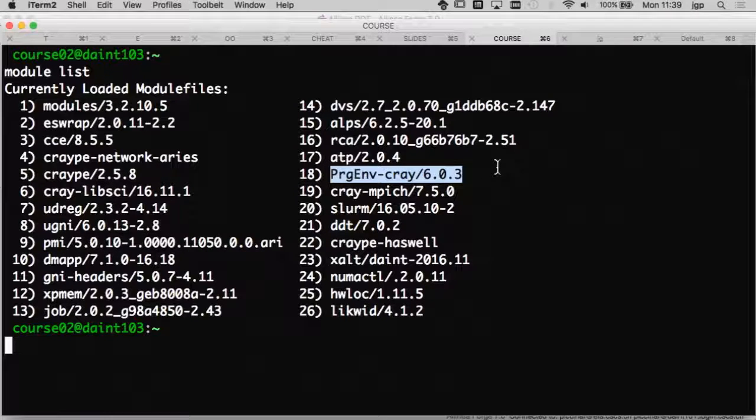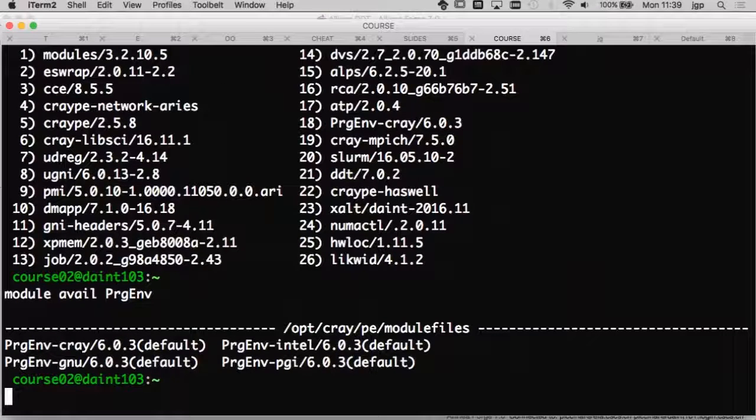The important thing is here. By default, we load the Cray compiler, which is called CC, and on the system we have four compilers available: the Cray compiler, the GNU compiler, the Intel compiler, and the PGI compiler.